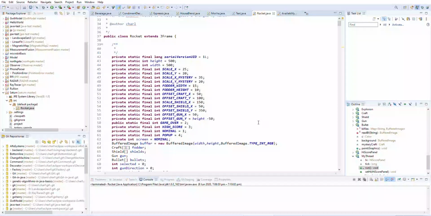Very start of the rocket class. And these fodder tends to mean the alien craft. This is the mystery craft, so the width and height of the mystery craft. Yeah. These down here are the parameters for the